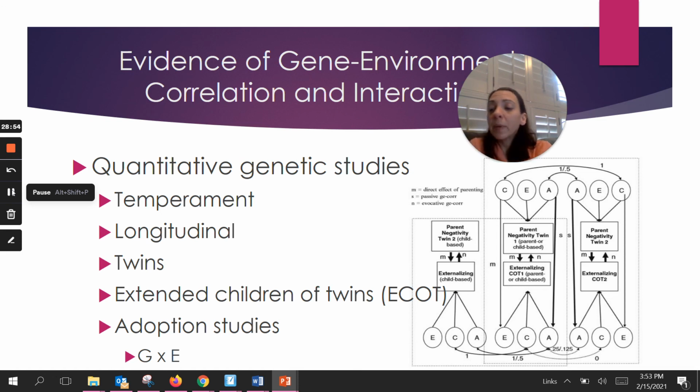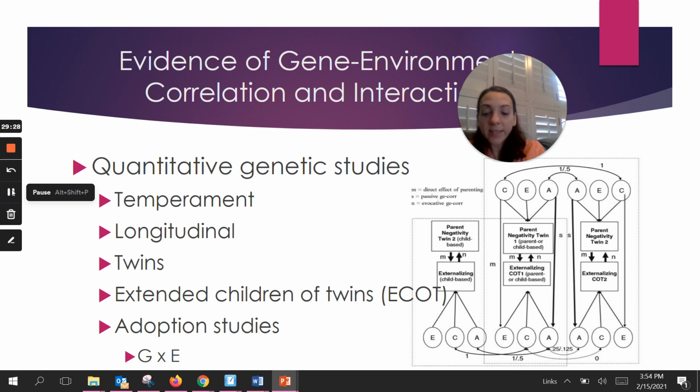The similarity between biological parents and adoptive parents yields an evocative gene-environment correlation. Because that biological risk, that gene for disruptive behaviors, is evoking negative responses from the parent. Children get genetic risk from the biological parents, and in turn, they evoke more negative controlling behaviors in their adoptive parents, showing that it is evocative. It also shows that passive